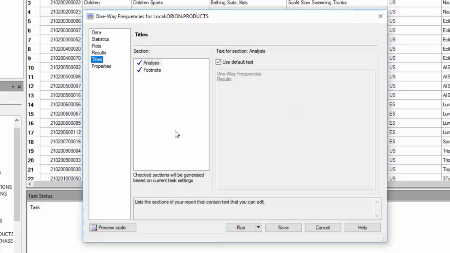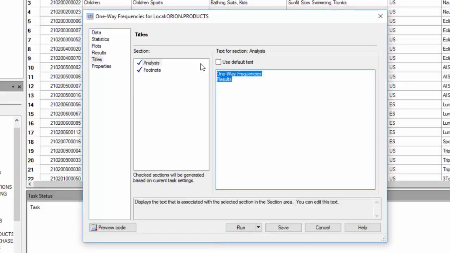The titles, so here you should provide a title. If you uncheck use default title, the default title is one-way frequencies, and underneath that results. Instead we want something more descriptive, so we say